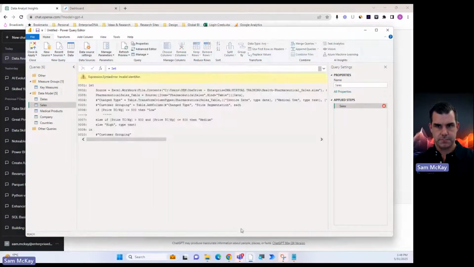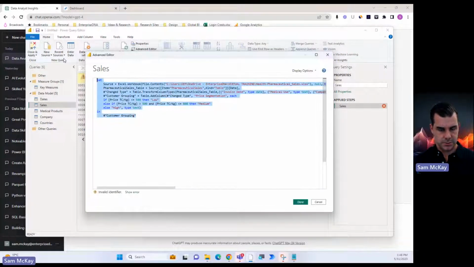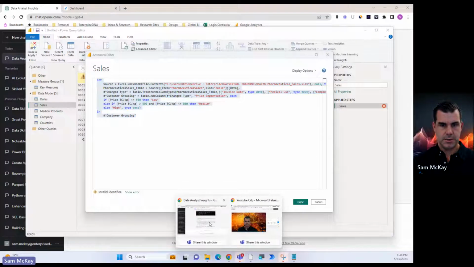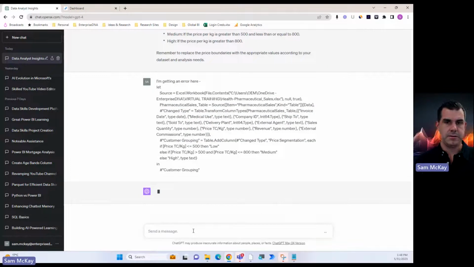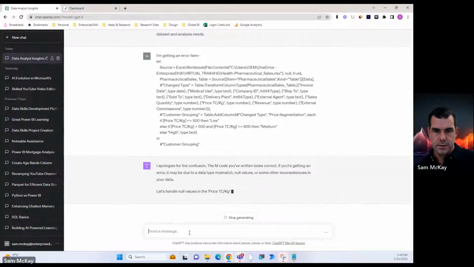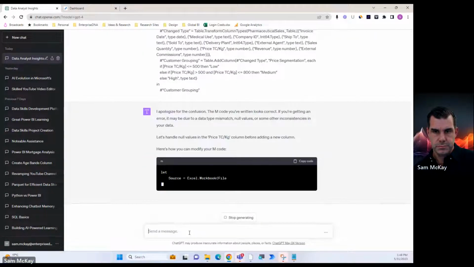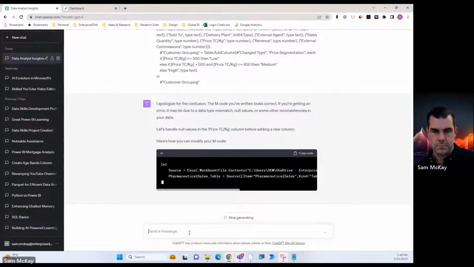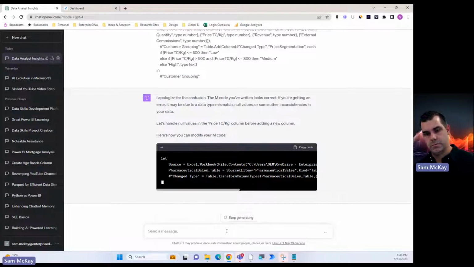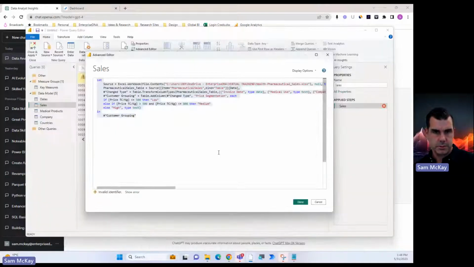Okay, something's not right. So one thing I will definitely say is that it's not always right. I'm getting an error here, but that's fine. You quickly go and find the issue, and then you can probably try and... I don't know if this is going to improve it or not, but I wonder what the actual issue is.